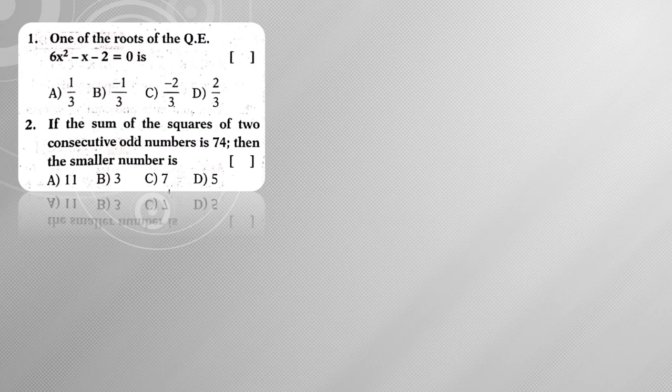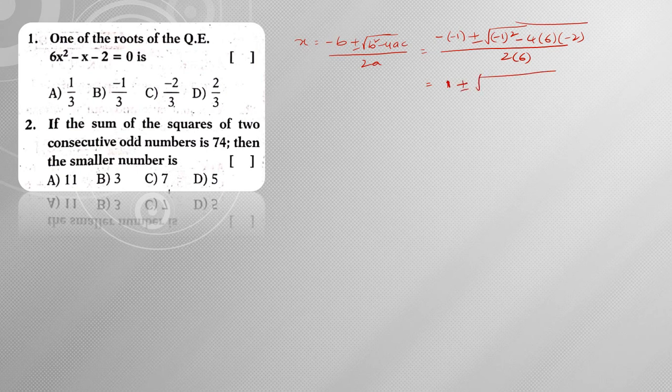It is nothing but x is equal to minus b plus or minus square root of b square minus 4ac by 2a. Right. So when I substitute the values, this becomes minus of minus 1 plus or minus square root of minus 1 whole square minus 4 into 6 into minus 2 divided by 2 into 6. When I simplify, minus of minus 1 is plus 1 plus or minus square root of b square is 1 square. Minus into minus becomes plus, 6 4s are 24, 24 2s are 48, divided by 6 2s are 12. So 1 plus 48 is 49, right?